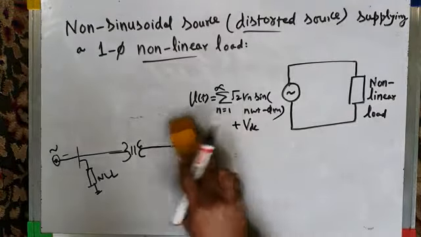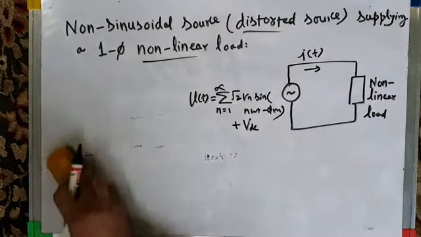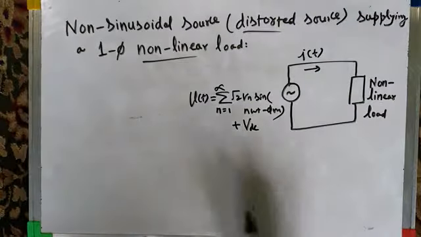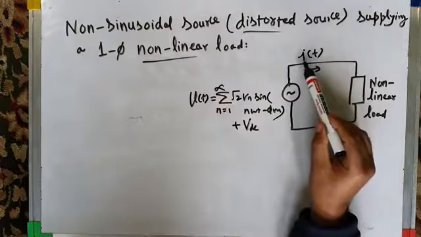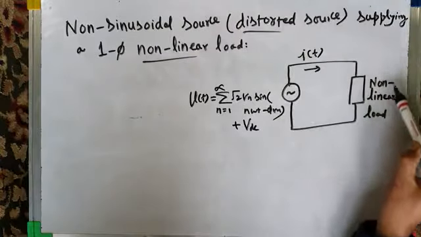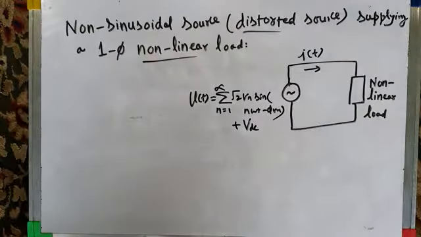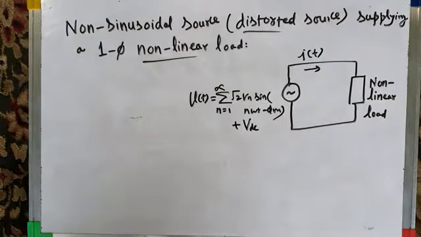So this is the case. In this system there will be a current it which will also be highly distorted. When the voltage is distorted and has a DC offset, this distorted voltage definitely will result in distorted current, and this current will also have a DC offset. And since the load is also non-linear, the load will contribute more towards the distortion of the current and hence distortion of the voltage. So this is the worst type of case. On the source side there are distortions, and the load, since it is a non-linear load, also causes distortions.